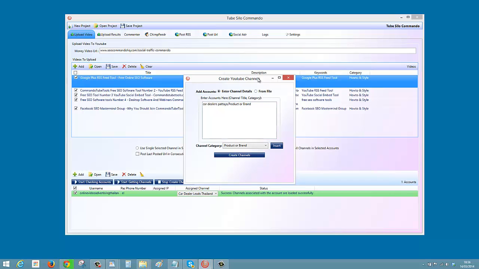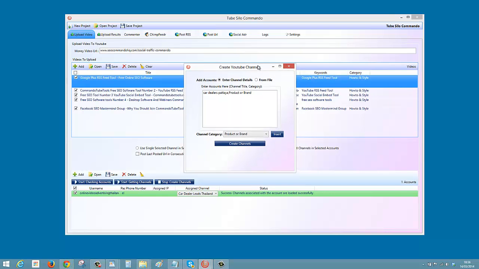Now if you're not familiar with the multi-channel feature in YouTube, it means that you can get up to 50 YouTube channels for one Google account. So you can see here I've got a whole bunch in that one. I would click on here, create channels, and it would create a pop-up that automatically goes and creates that particular channel for me. It would give me an extra channel, or 5 channels, or 10 channels, however many I put in here. So the next one I might want to do